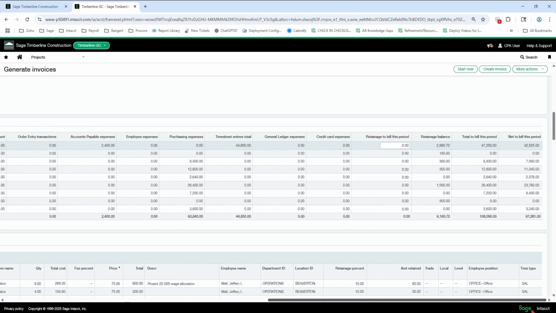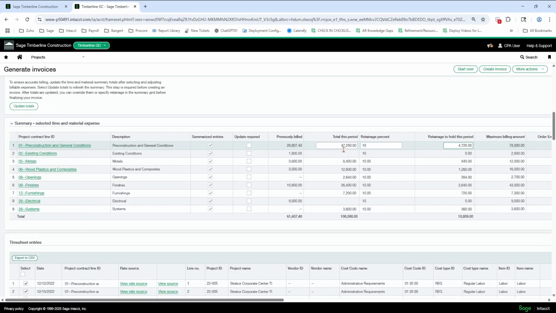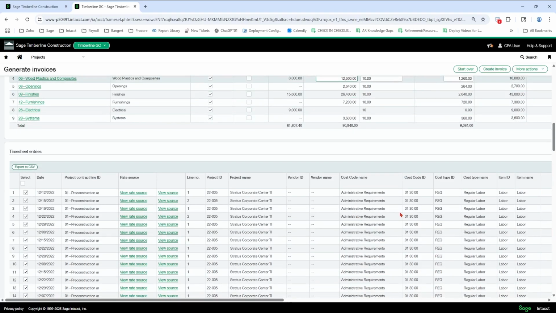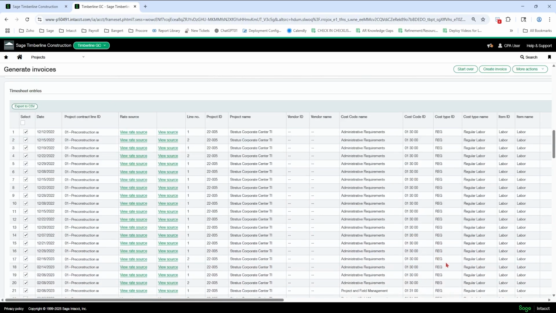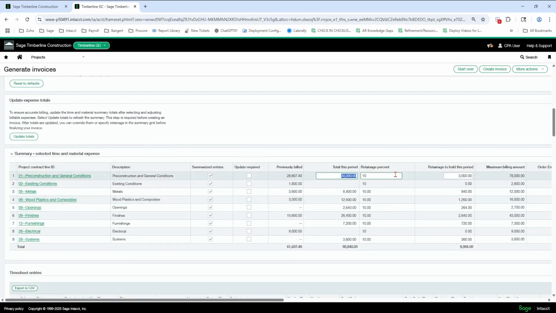So best practice, also you can bill retainage. Best practice is do not do this. Do not change that total without coming down below and changing the underlying amounts down here. You're going to lose sight as to what you were doing and why you billed that 30 grand, unless you're at the very end and that's the last billing. I suppose that would be an okay scenario, but you want to be careful overriding these totals.